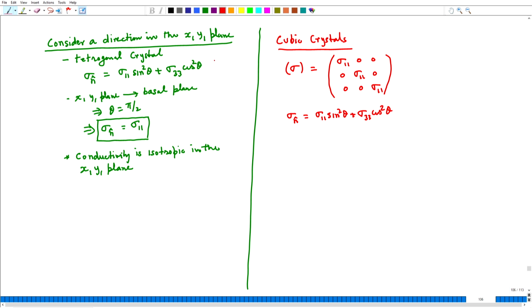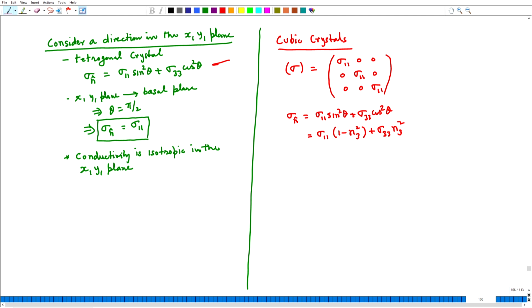I have just rewritten the same equation. In fact, I had this equation in another form: sigma 1 1 into 1 minus n 3 square